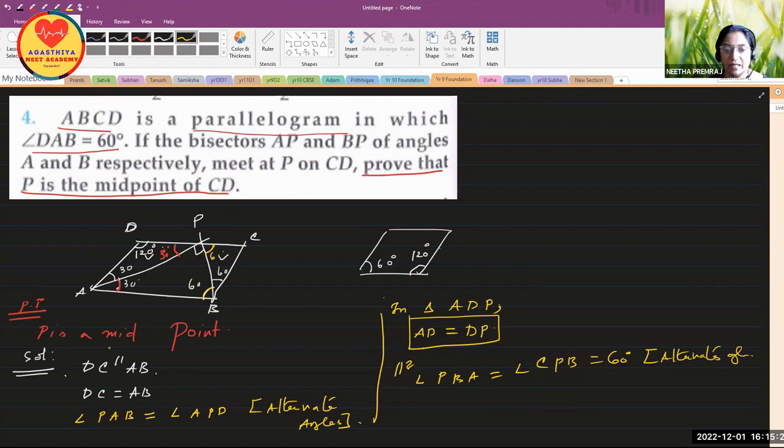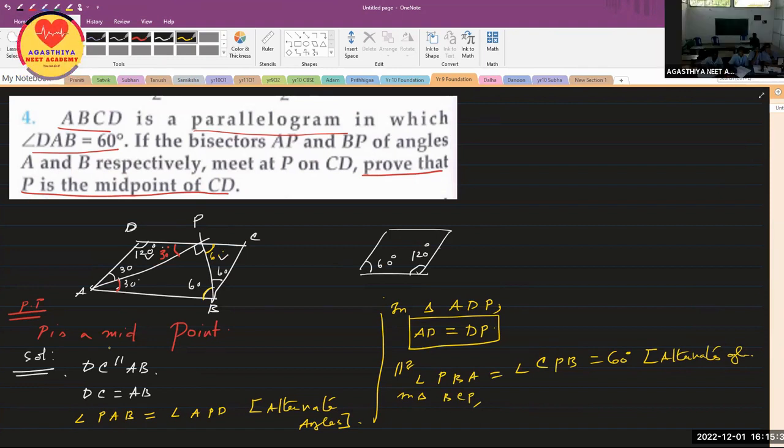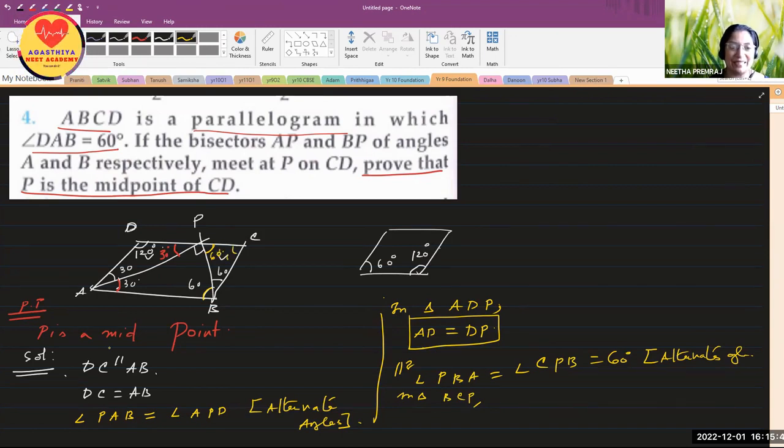Then in triangle BCP, what kind of triangle is that? BCP? Equilateral triangle. Yes, you are right. It is an equilateral triangle. So all the three sides are equal. Okay, you can write CP is equal to CB. That is equal to PB, isn't it? Okay. Now